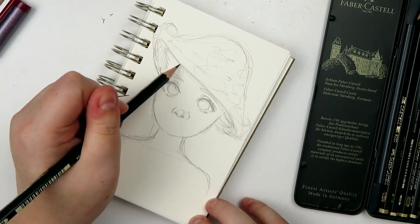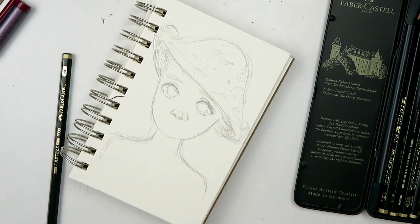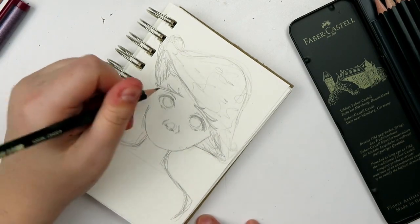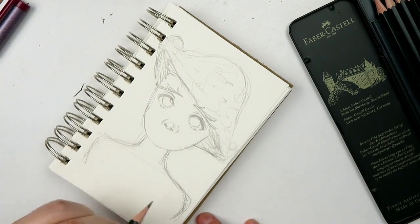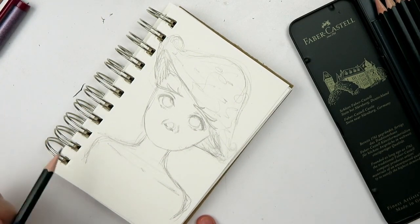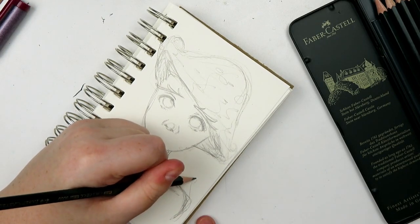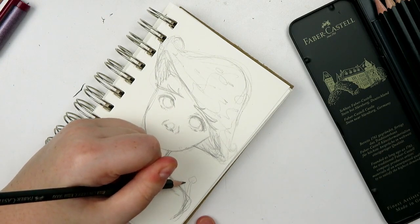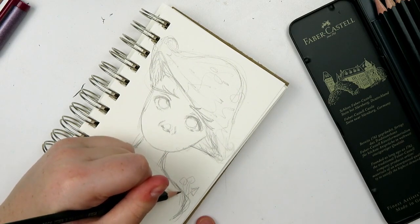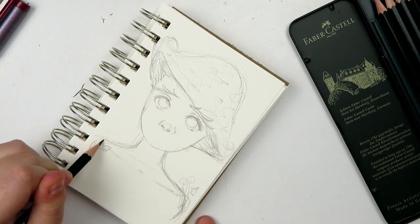That's actually not a terrible idea, and I kind of like that idea, and maybe I'll have some mushrooms growing out of her. Alright, so, yeah, I think it'd be fun to make maybe some mushrooms growing out of her. Maybe she, like, is a mushroom person? I don't know yet. I think that'd be cool. So, like, she could have some growing out of her shoulders. I'm just being, like, really loose with this, and thankfully mushrooms are just little triangles, so they're fairly easy to